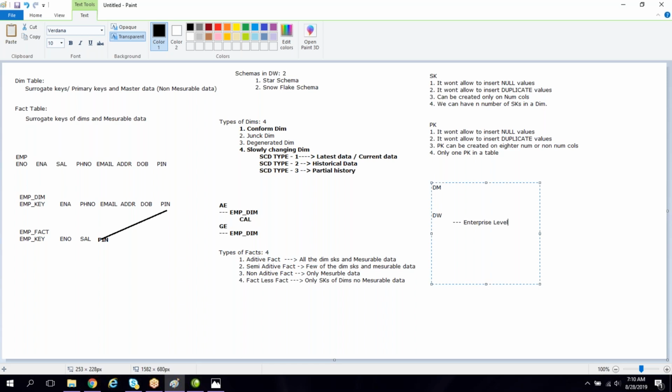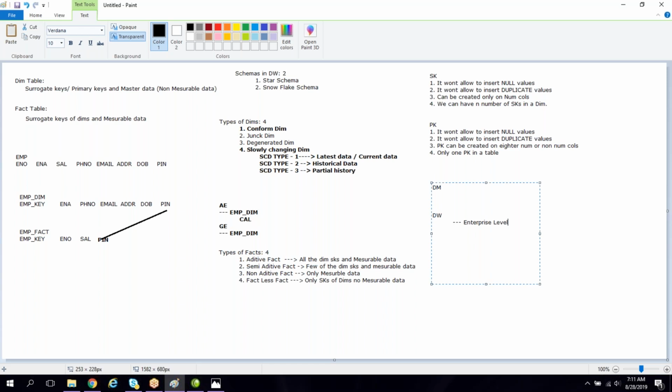What it means? Suppose in a company there are 10 departments, and you want to store the historical data of all 10 departments, then we need a data warehouse. In a data warehouse, I will have all 10 departments' data. But sometimes, even though I have 10 departments, I don't want all of their historical data. I want only one department's historical data, or for each department we create a separate data warehouse. In that case we call it a data mart, not a data warehouse.